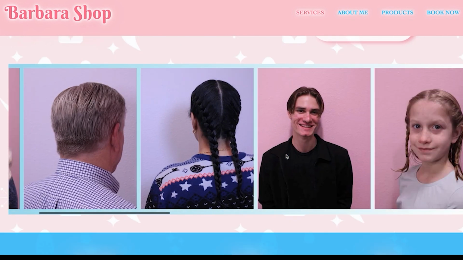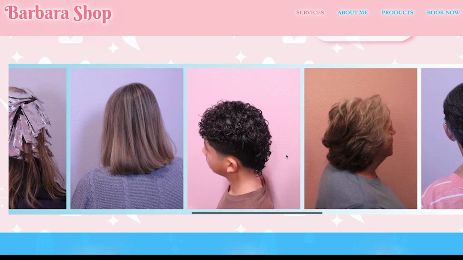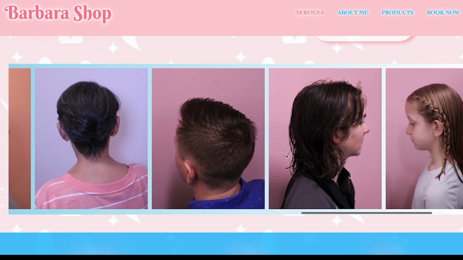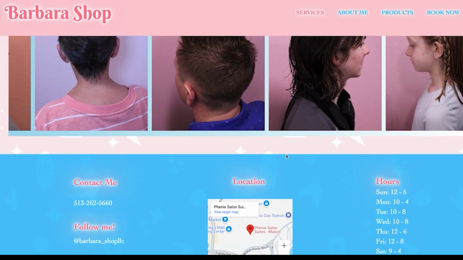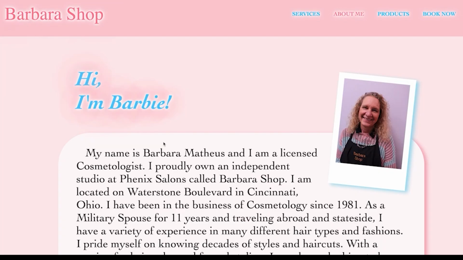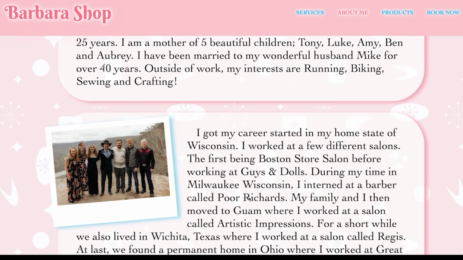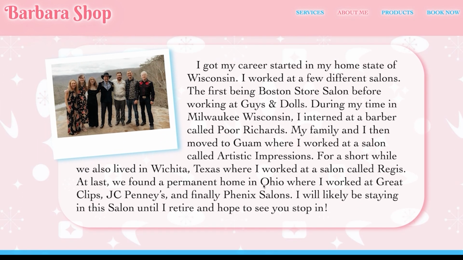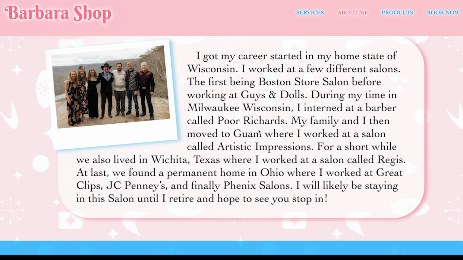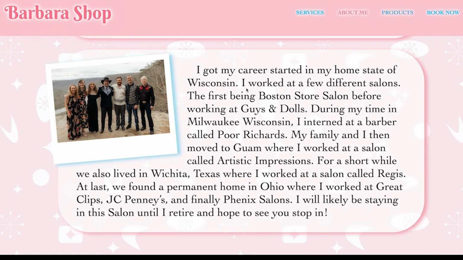And then these are the scrollable images of all their clients that she's done so far, at least not all of them, but all the images I could get. The footer is here again. And then we'll move on to the About Me page, where we have information about Barbara herself, just a little bit about what she likes, and a little bit about her family and what she likes to do. And then down below we have all the places she's previously worked, and I wanted to provide her experience so that her clients would trust her